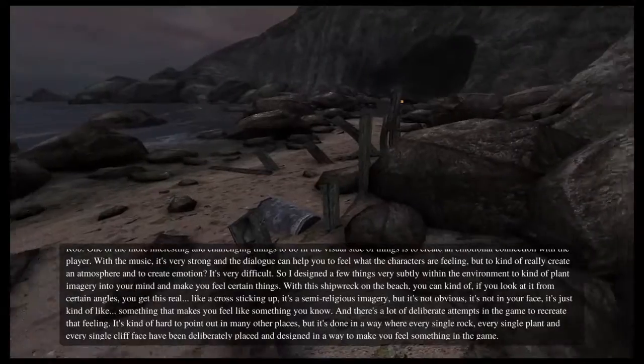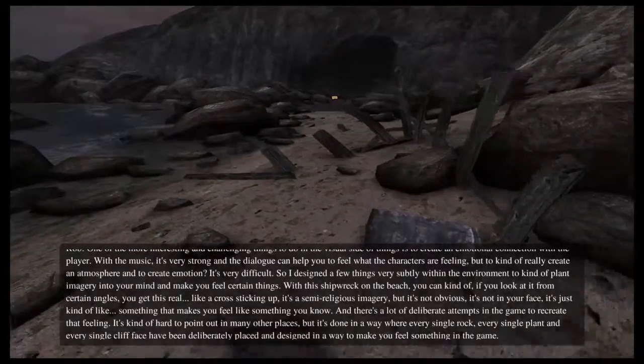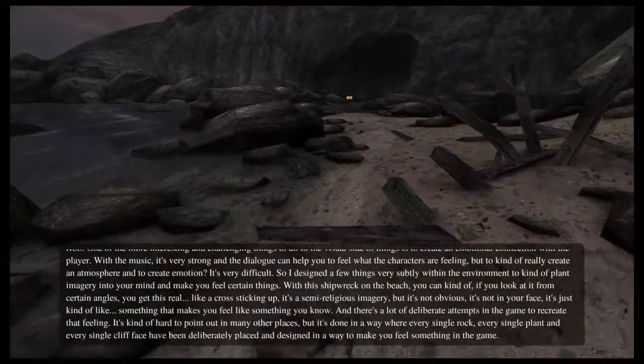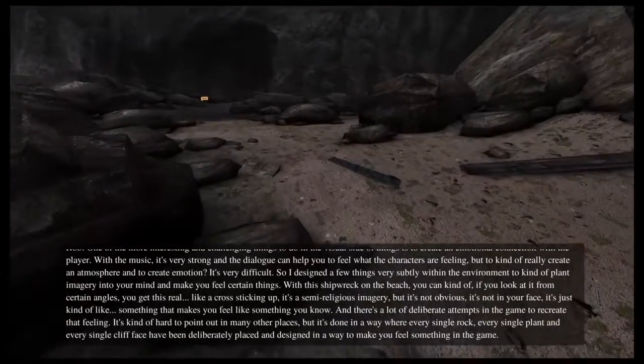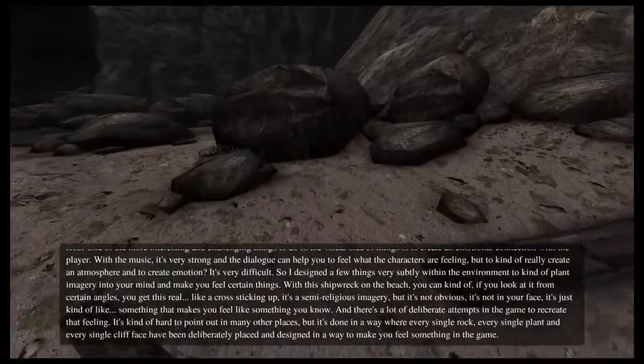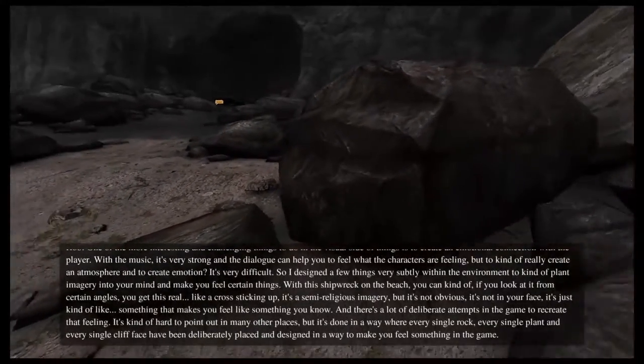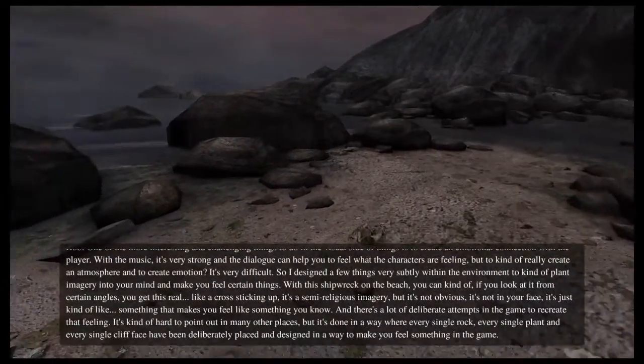It's hard to point out in many places, but every single rock, plant and cliff face has been deliberately placed and designed to try and make you feel something in the game.